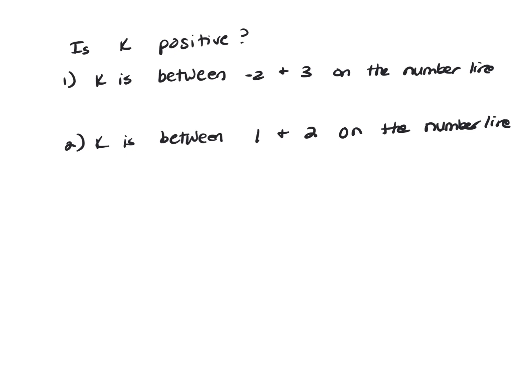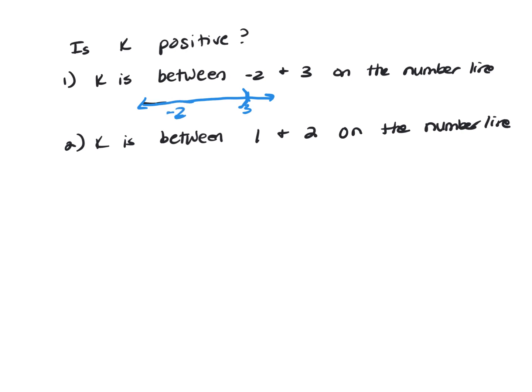We're trying to figure out if K is positive. So look at clue 1. K is between -2 and 3 on the number line. So -2 and 3 is between, so you don't include -2 and 3. We're talking about